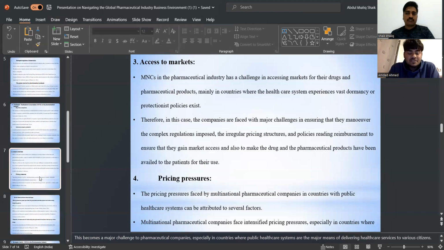The pricing pressures faced by the multinational pharmaceutical companies in countries with public healthcare system can be